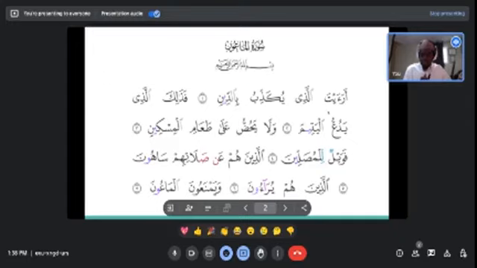One of the major mistakes people make when reciting Surah Al-Ma'un is the mistake of this lam here. This lam is called lam al-shamsiyya, so you don't pronounce this one here. The alif here doesn't get pronounced. So: أرأيت الذي يكذب